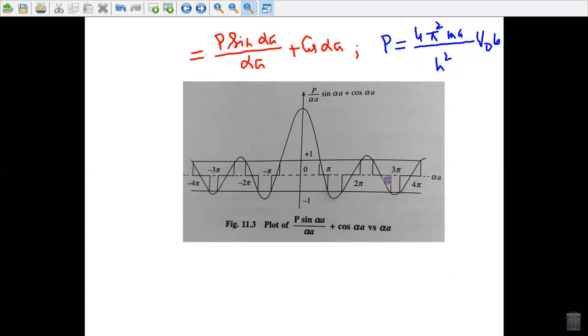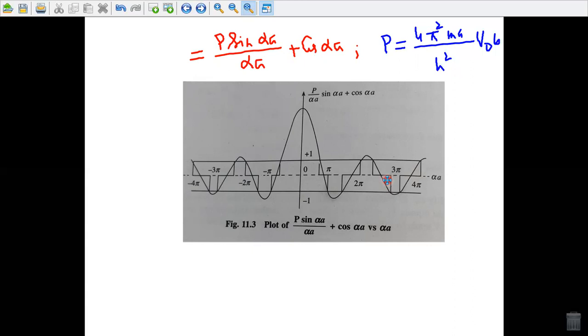Moreover, since cos ka is an even periodic function, it will have the same value whether k is positive, negative, or increased by an integral multiple of 2 pi. Accordingly, the total energy E of the electron is an even periodic function of k with a period of 2